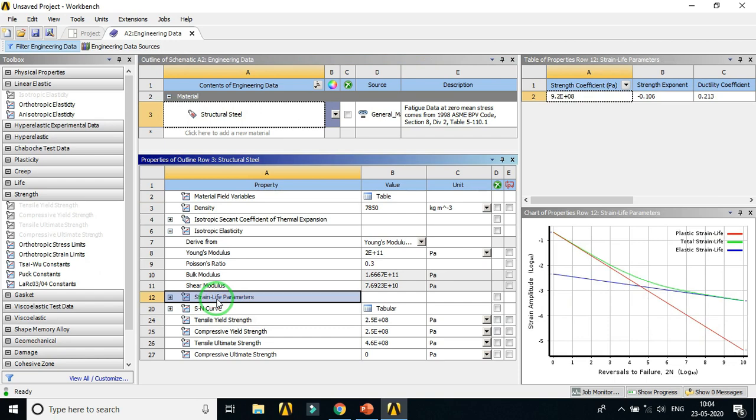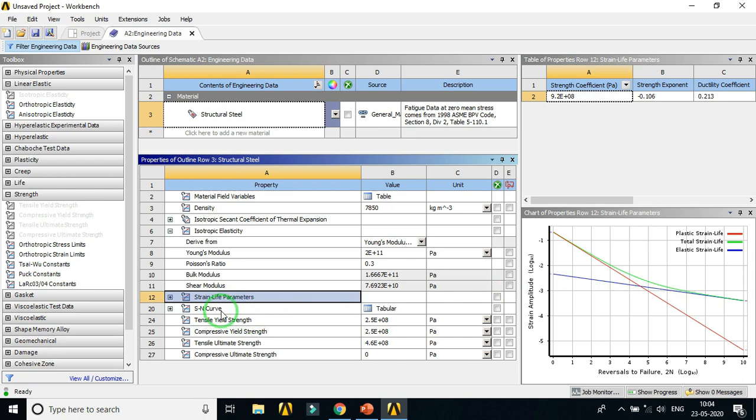When you click on the strain life parameters, you will get a chart here with plastic strain life, total strain life, and elastic strain life. These three curves show the strain life parameters for this structural steel material. We have different parameters or curves for different materials.